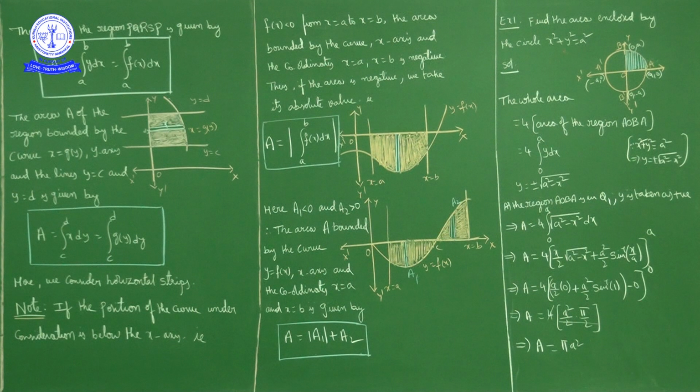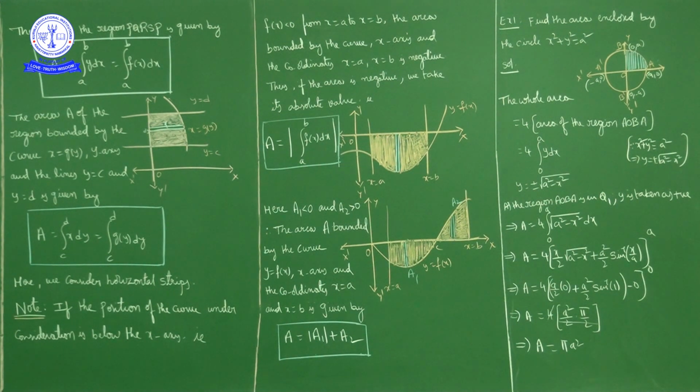Y dx we have tried. So what is y? As x square plus y square is equal to a square, y is equal to plus or minus square root of a square minus x square. Now as we are considering the area in the first quadrant, the y ordinate is positive, so y is positive. So we can write y is equal to square root of a square minus x square. So area is equal to 4 times the integral 0 to a of square root of a square minus x square